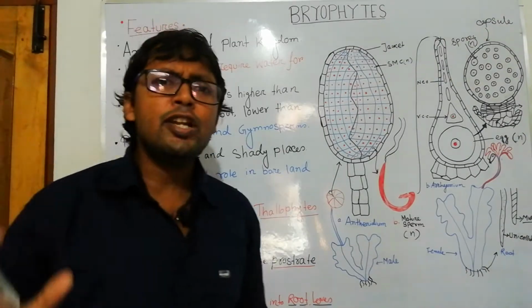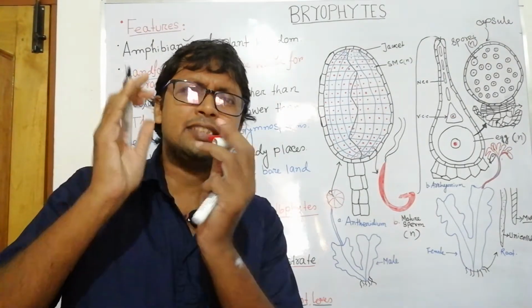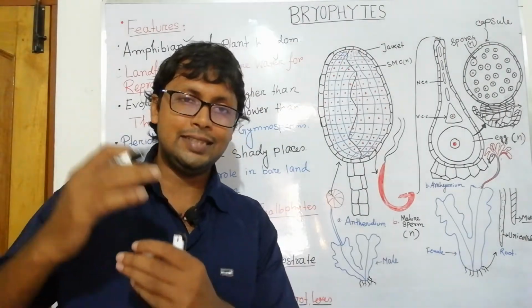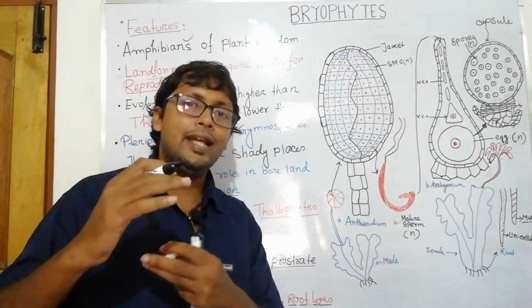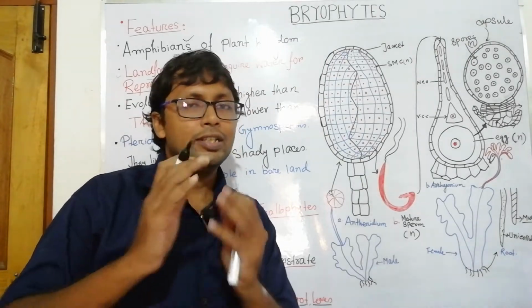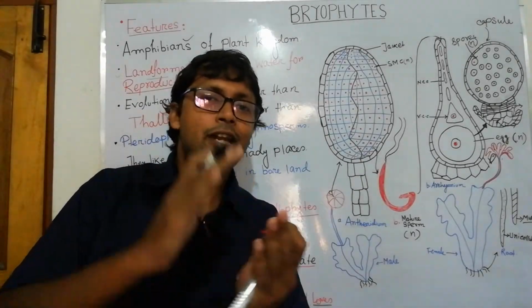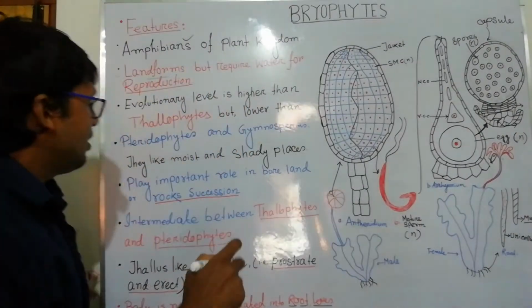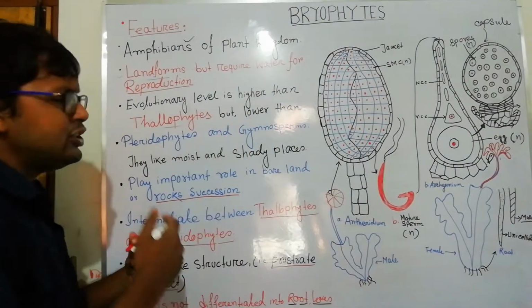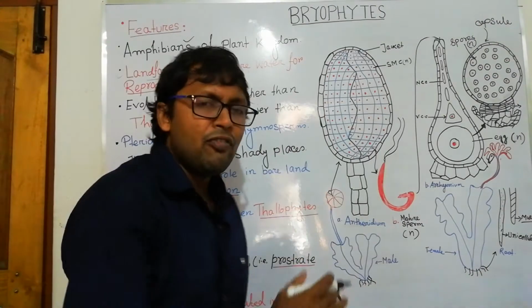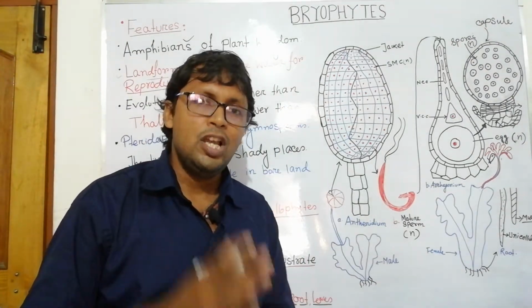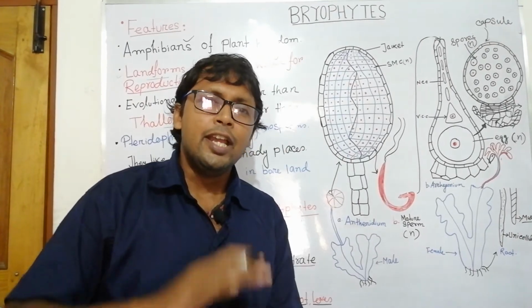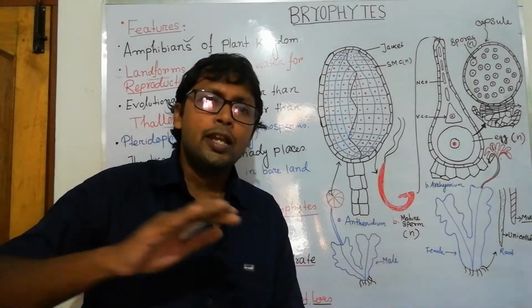At an evolutionary level, they are in a sandwich condition. They are higher than thallophytes, that is algae, and lower than the pteridophytes. So they are in a sandwich condition between thallophytes and pteridophytes. Evolutionarily very important, Bryophytes are the pioneers for any kind of succession, for example on a bare rock, in cold